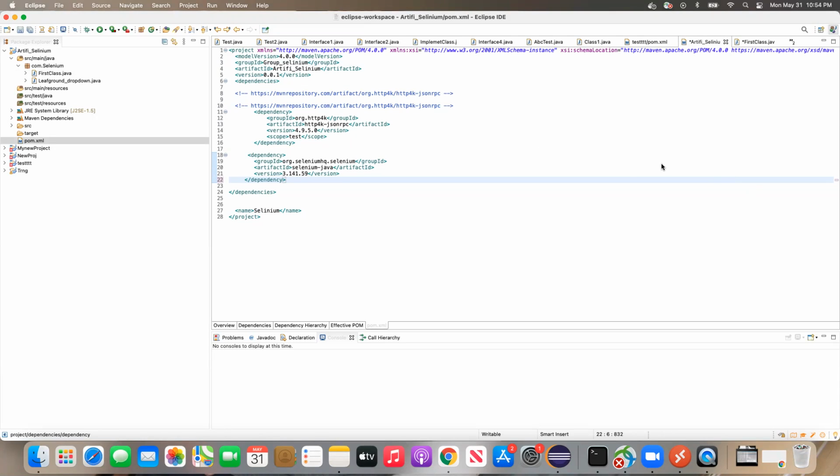I want to ask just one question. Does the Maven repository keep every copy, or does it keep only one copy? Suppose the Selenium jar is there.